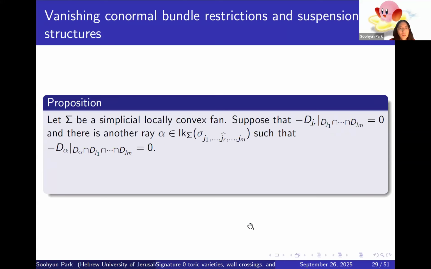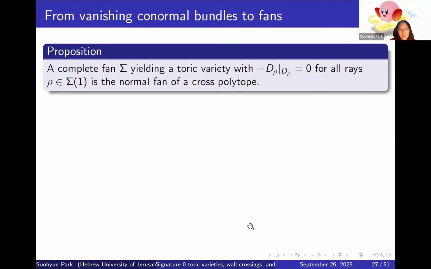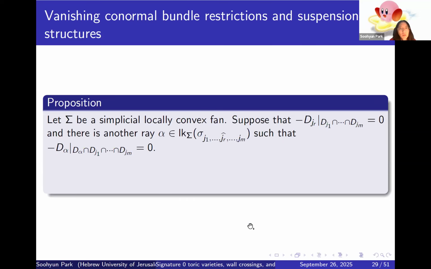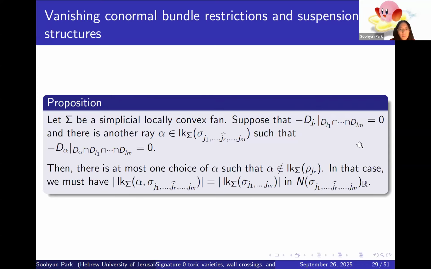But the upshot is that the vanishing of conormal bundles conversely implies we have a bunch of suspensions. And actually, even on a conormal bundle restriction, we have a pretty big constraint on adjacency properties. So what we mean is that if we can replace the center of the conormal bundle restriction that vanishes by some other ray, you don't have a lot of choices. So it's either in this link over J1 all the way to JM without omitting JR already,